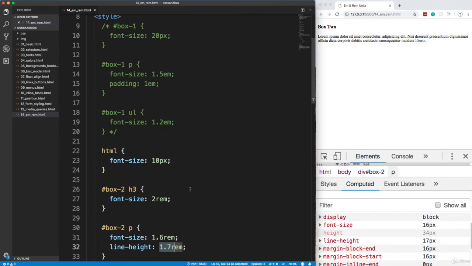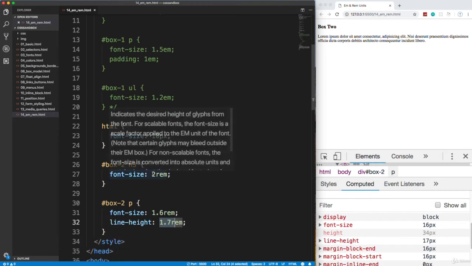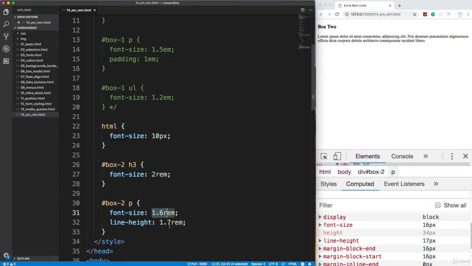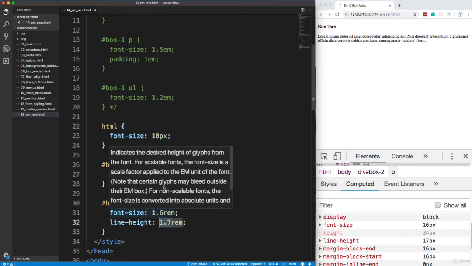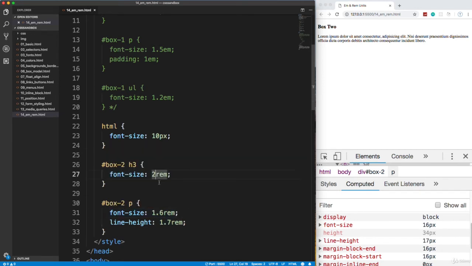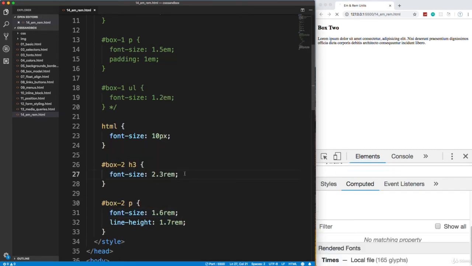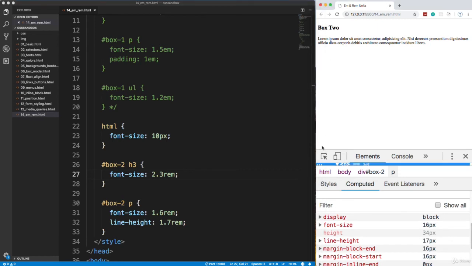If you set it to 10, then you're going to know that 2 is 20, 1.6 is 16, this is 17, 2.8 is 28. If we set the font size here to 2.3, it's going to be 23 pixels, right? If we take a look at it, let's grab the heading, it's 23 pixels. A lot of people will do that, and to make it even more responsive, we could just set the font size to a percentage,